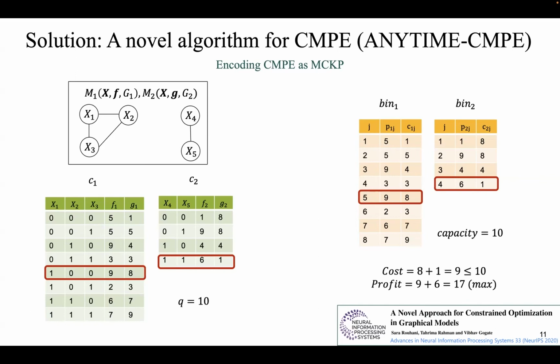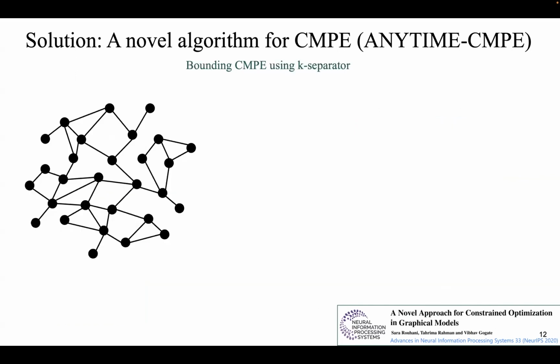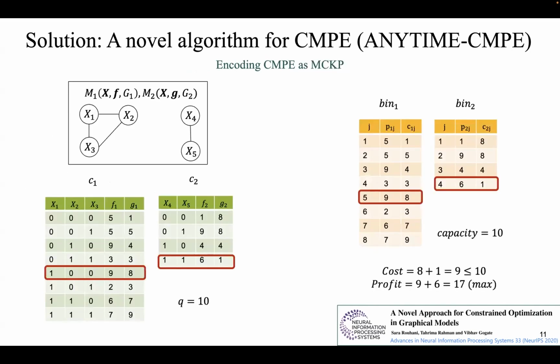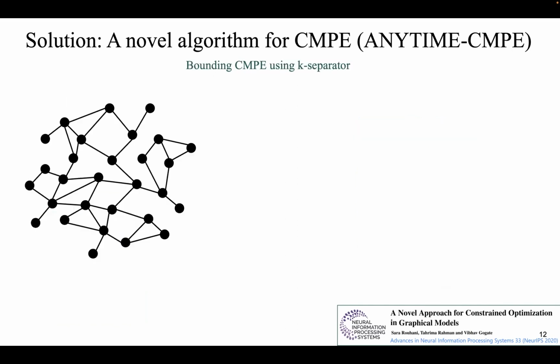However, unfortunately, life is not that simple, right? So in our encoding, there is an issue which I kind of alluded to briefly. And the issue is that the MCKP encoding works, as in the encoding is practical, if and only if the size of each connected component in my graphical model is very small, right? So there are very few variables in each connected component.